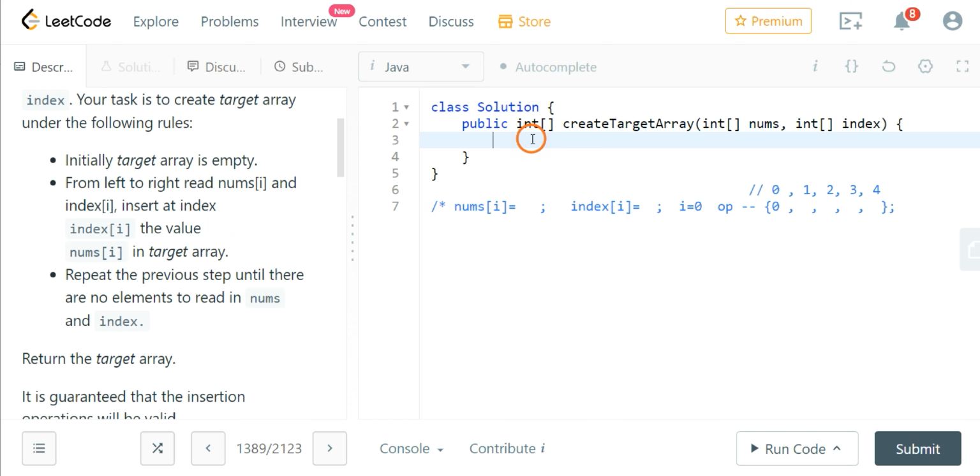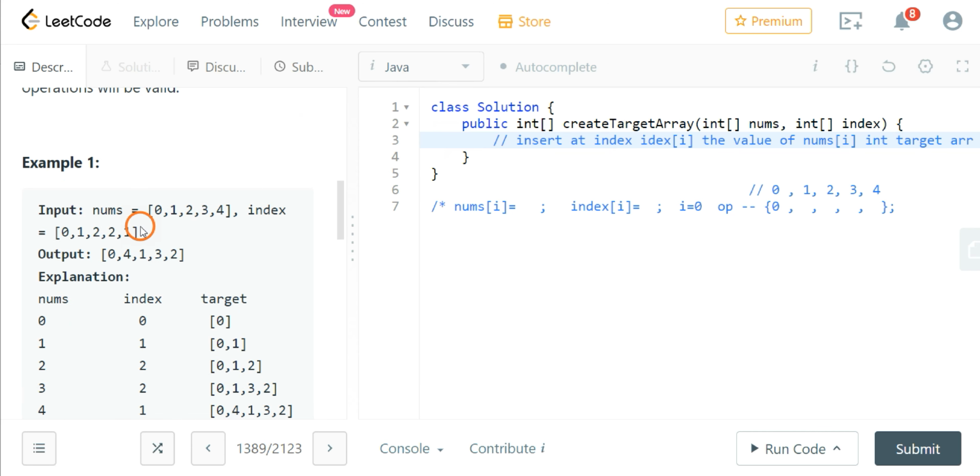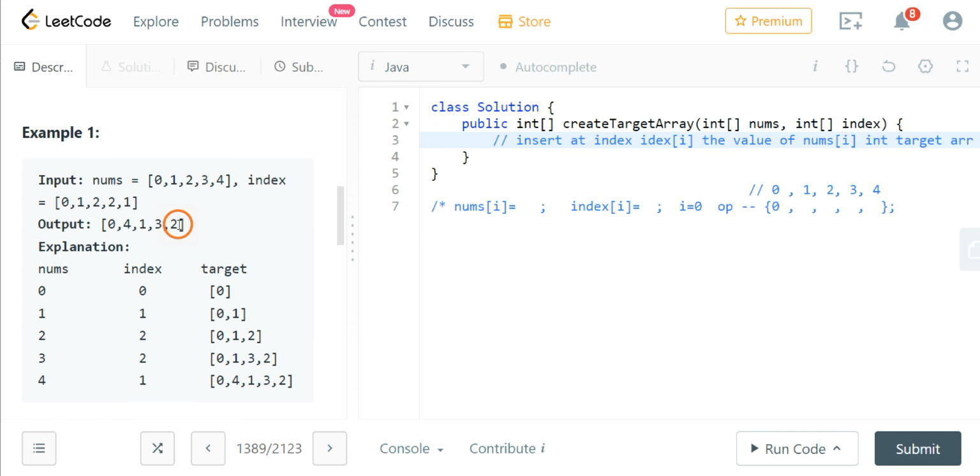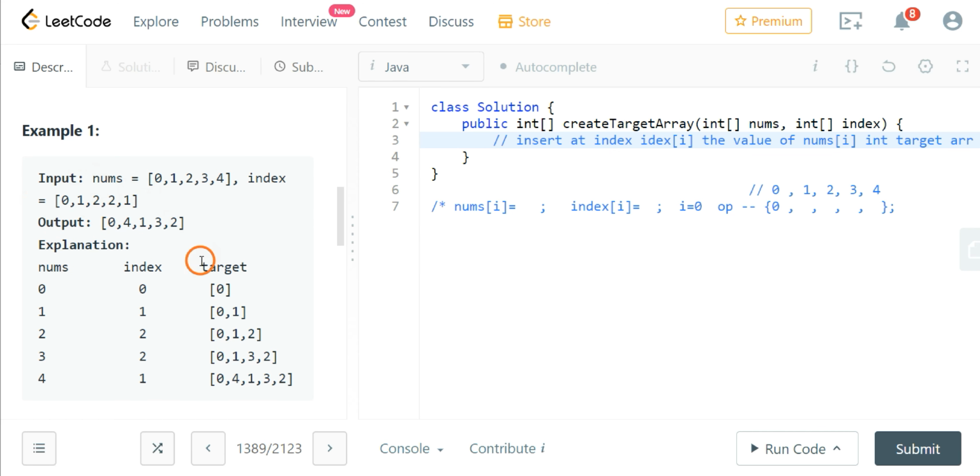Let me explain this question using this example number 1.